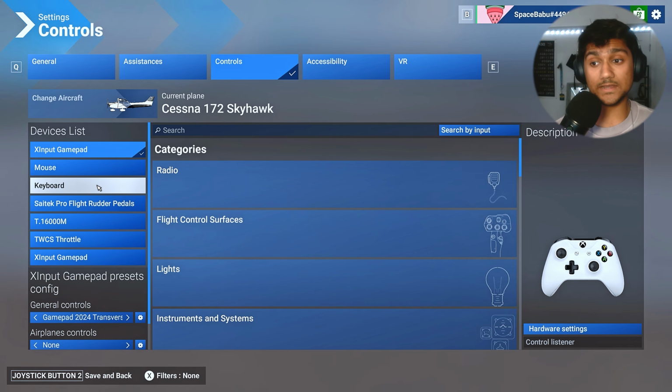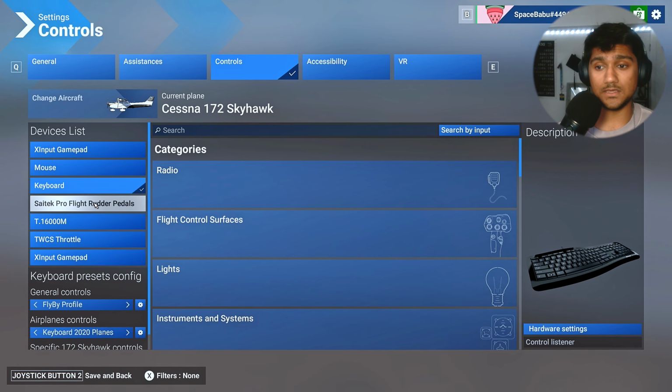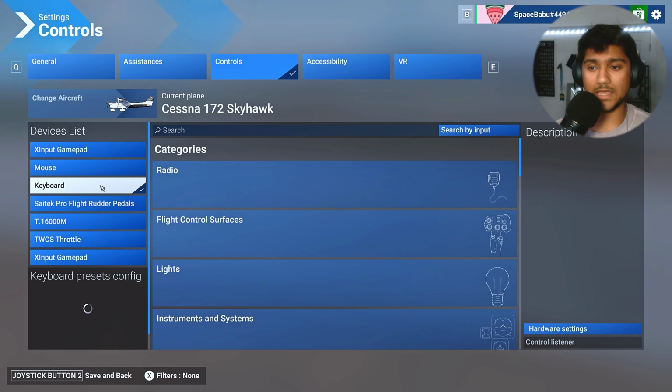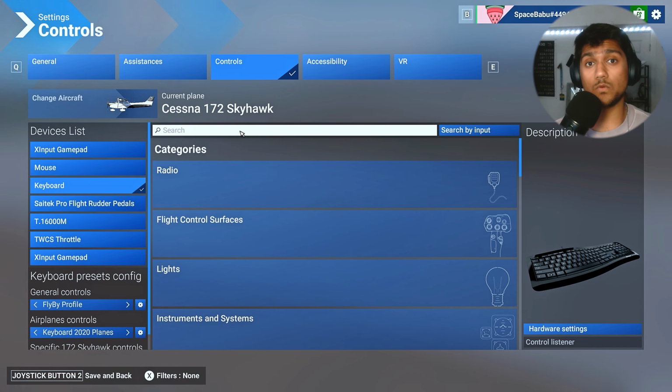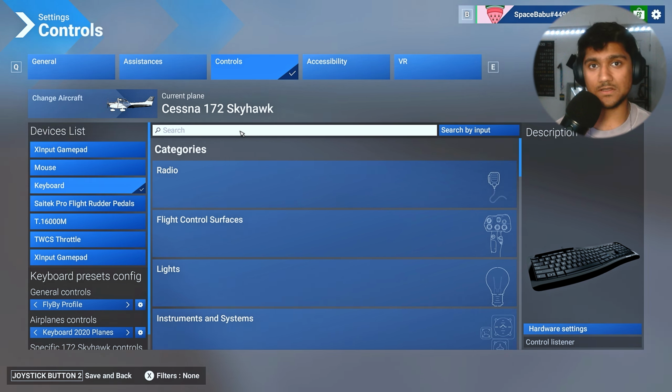Now, the thing I would like to say about the keyboard and the other peripheral devices that I have is I will only be walking you through the actual settings and keybinds that I have changed. The ones that I haven't changed, obviously, are all default Microsoft Flight Simulator 2024 things, so you don't have to touch them. However, if you decide to change a particular keybind to what my keybind is, so for example,